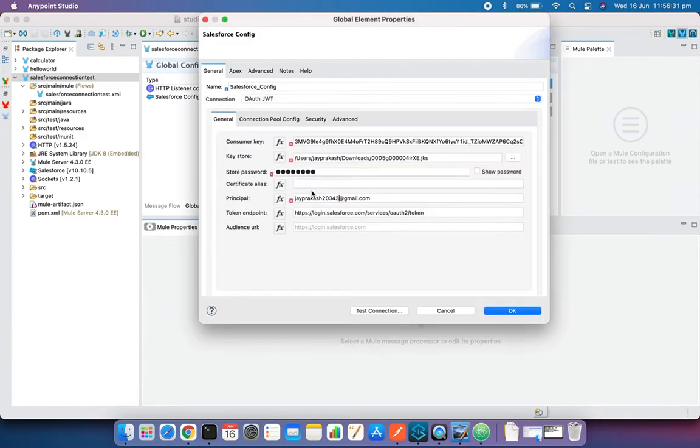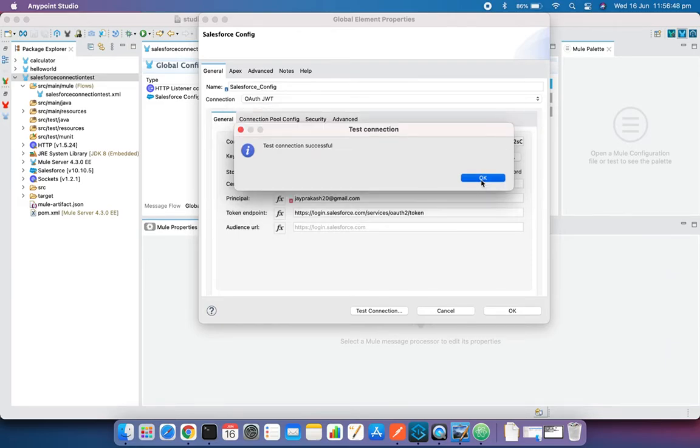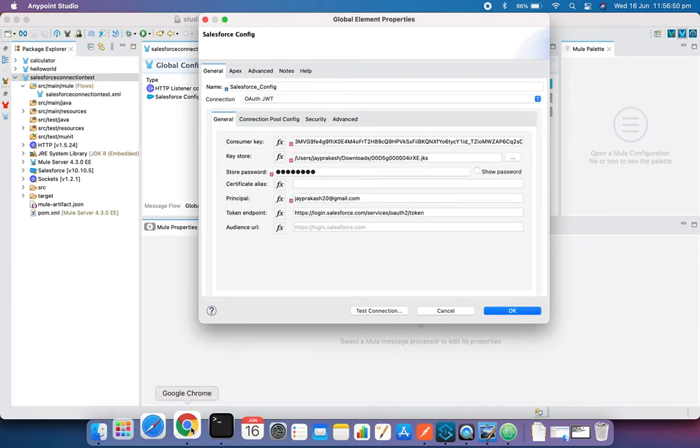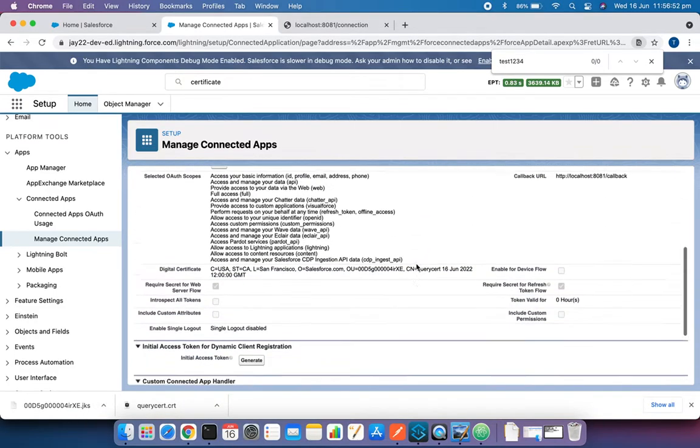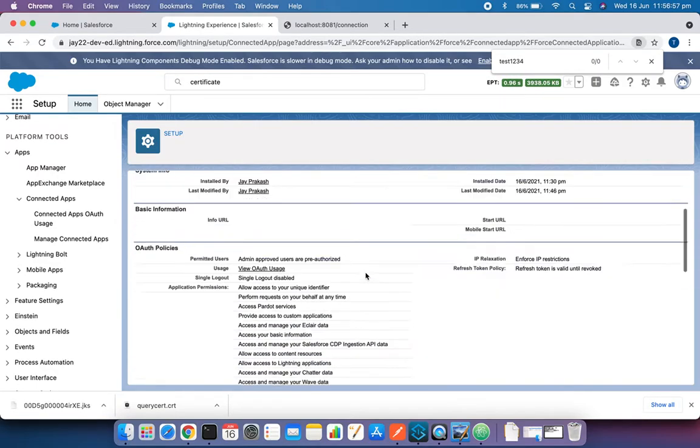So if I do not use the correct principal or correct username, okay, you need to make sure that this information is correct, and these are the errors you will get if specific information is not correct. Okay, and I want to show you one more thing that you may have to configure when you do this, right? Click on the manage, and